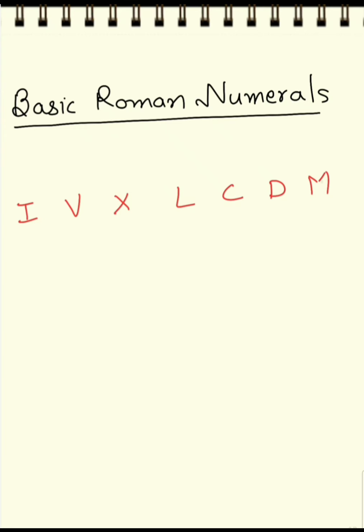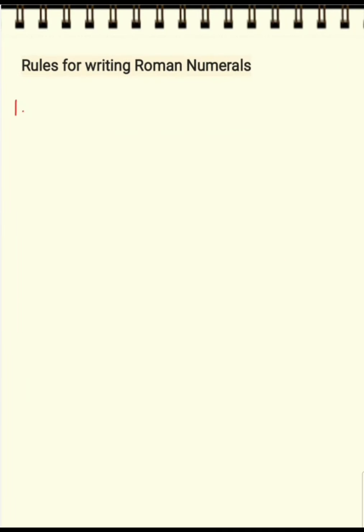If we compare these numerals with Hindu-Arabic numerals, we'll find that I stands for 1, V stands for 5, X stands for 10, L stands for 50, C stands for 100, D stands for 500 and M stands for 1000. There are some rules for writing large as well as small Roman numbers, and these rules are: